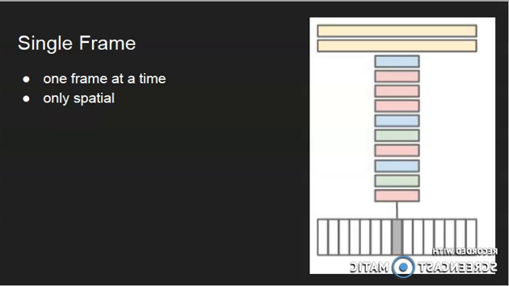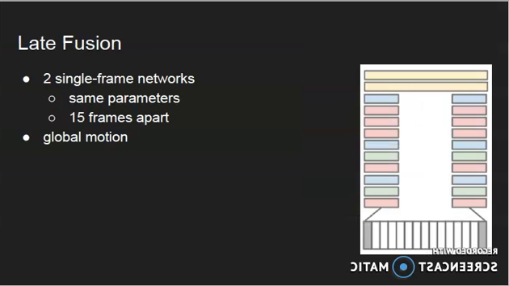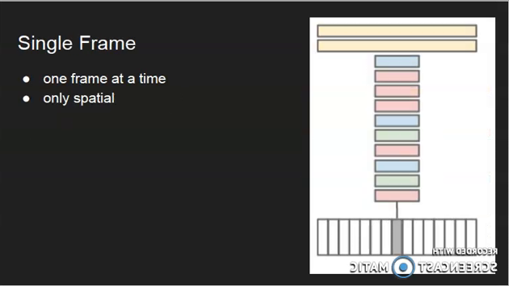The first paper which I read tried to use different types of architecture to be able to train on videos. It had a large dataset of videos, and to do that, they used different kinds of architectures to compare with each other. One of them was single frame, and in this case you can see that red layers are convolutional filters, green layers are pooling layers, and blue layers are